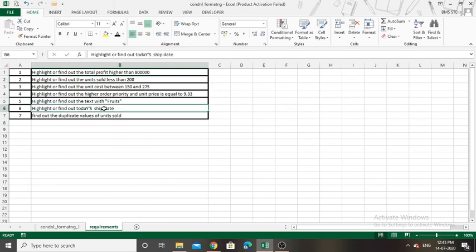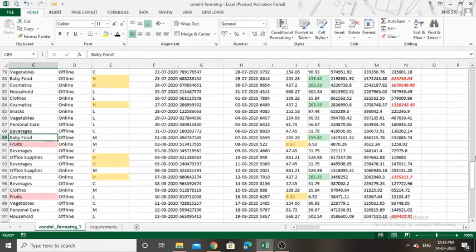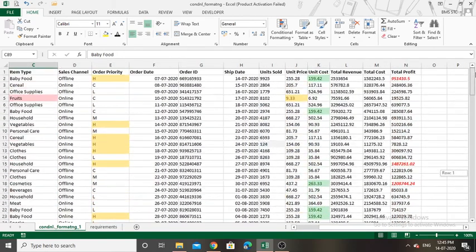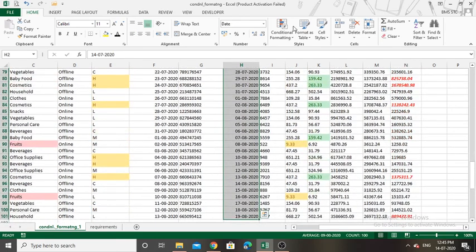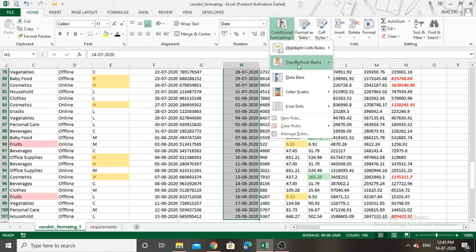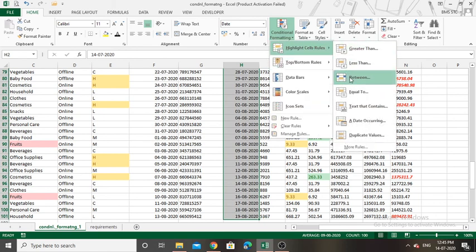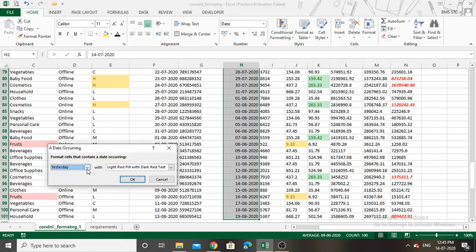Highlight or find out today's shipping date. So the column is shipping date. Yeah, this one. So I have to select the entire column, and I have to select the option from highlight cell rules, that is date occurring. Okay, so under date occurring, you have a list like yesterday, today, tomorrow, in the last 7 days, like this. So for our requirement it was today. We want to find out the shipping date of today. So I selected the today option,